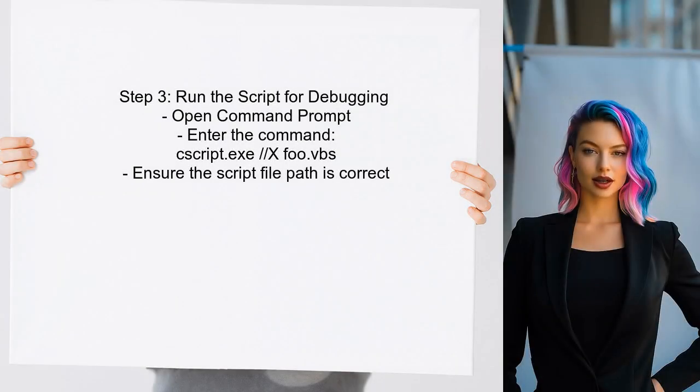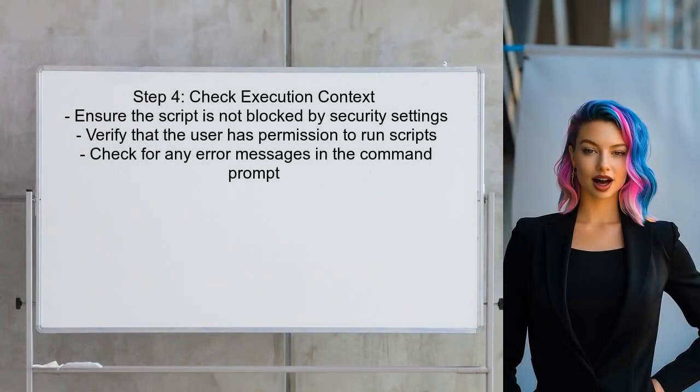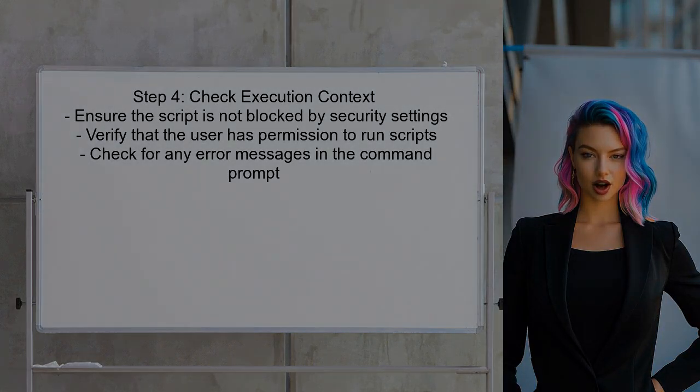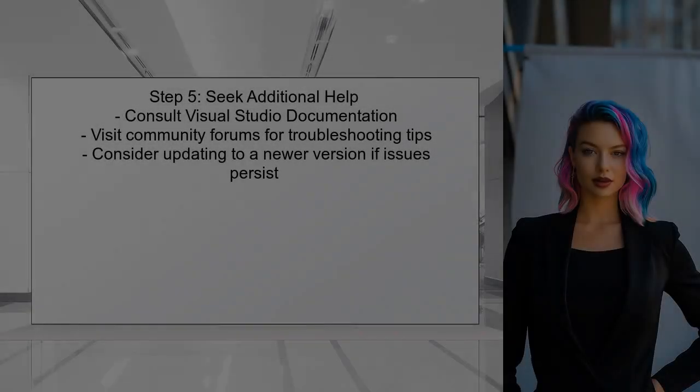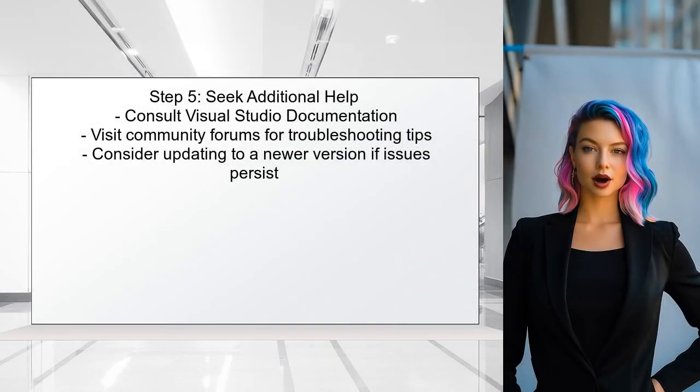After configuring the project properties, the user should open the command prompt and run the script with the correct parameters to start debugging. If the debugger still does not start, the user should check if the script is being executed in the correct context and that all necessary permissions are granted. Finally, if the user continues to experience issues, they may want to consult the Visual Studio documentation or community forums